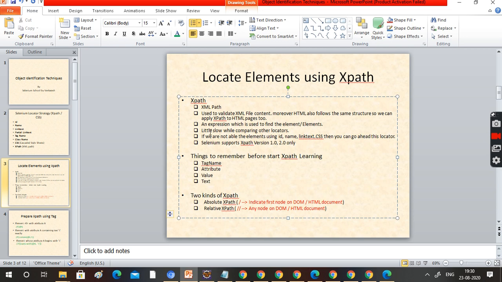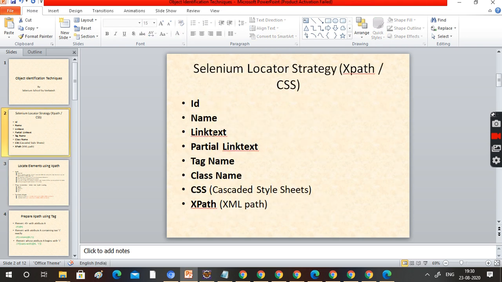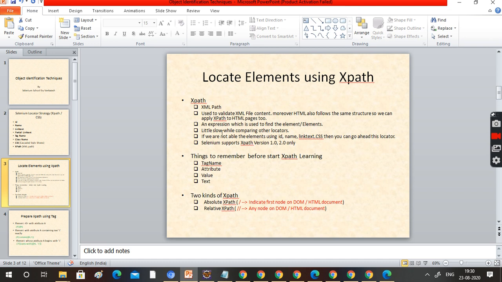It is a little slow compared to other locators. What do we mean by other locators? ID, name, link text, partial link text, tag name, class name, CSS. So it is a little slow, especially if you are trying to use it in Internet Explorer, that is really horrible. Don't use IE.